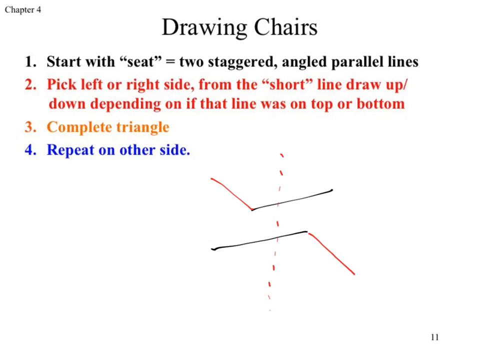You'll notice that those 2 red lines are roughly parallel, just like the 2 black lines are roughly parallel. We can now complete the triangle by drawing in our orange lines. And we now have a chair facing which direction? To the right. Okay? This whole which direction is the chair facing is an exceptionally challenging question because